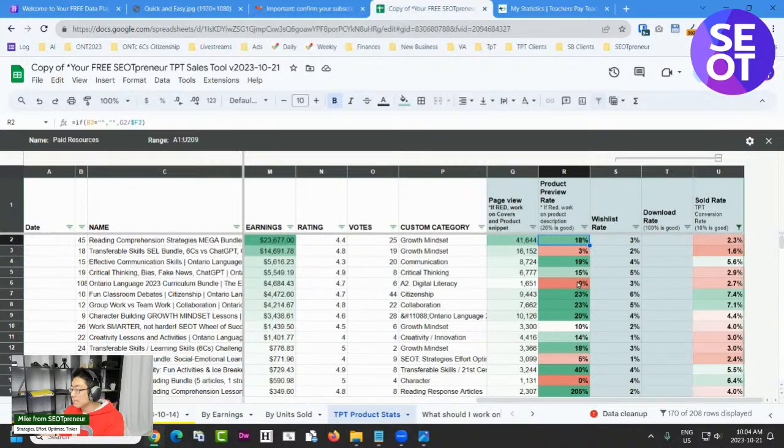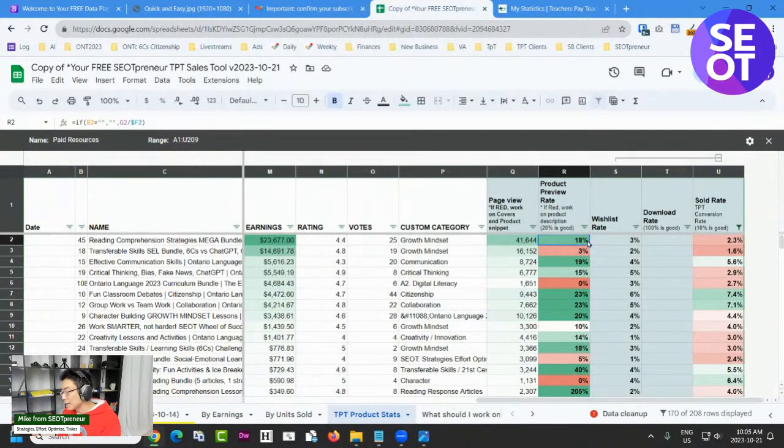I should work on that, improve it so that I can actually get more. If I get people to watch the product preview or the product PDF, then they're more likely to buy. And if they're not looking at the product preview, it means that something in the product description isn't interesting to them and they're bouncing off,